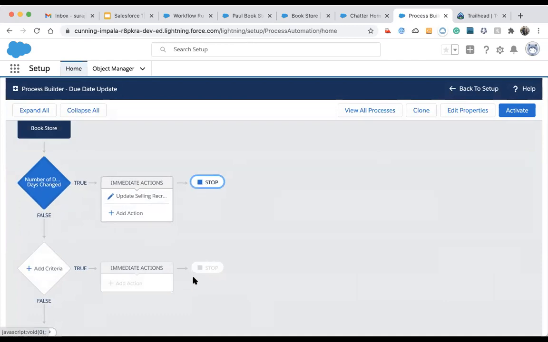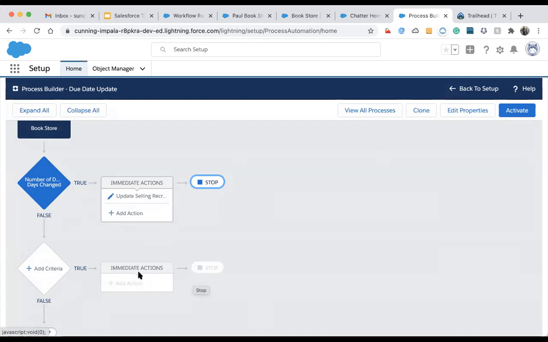So let's say if you had a field such as a percentage discount on the bookstore, we still could continue based on that change, right? Yeah, things like that.